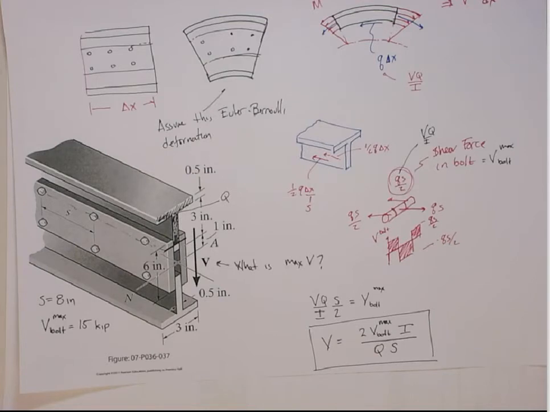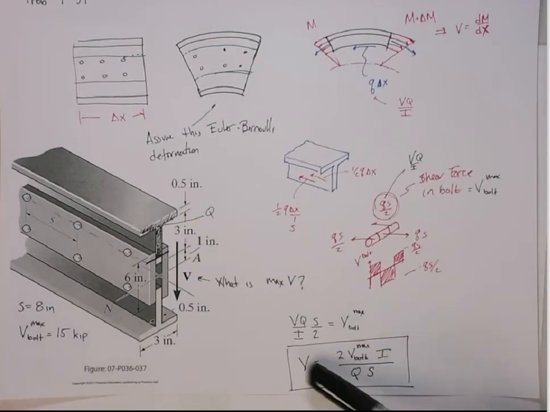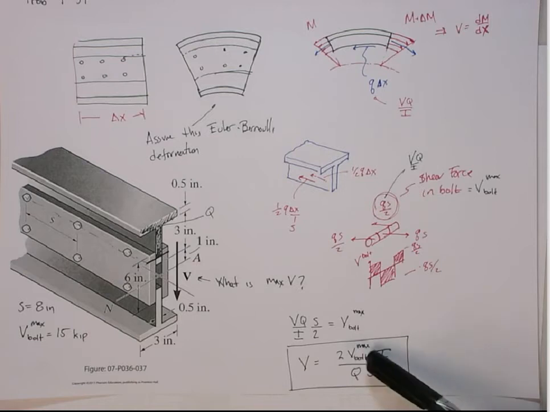Okay. So well, I took a little pause there. Actually, this is the next day, so it was a big pause. But basically, what I need to do now, as I mentioned before, is compute the geometric factors, the I and the Q. We already know the Vmax for the bolt. We know the spacing and all this other stuff. So we can do that, plug it back into the equation we derived, and get the Vmax. Okay, so to do that, let me show you,